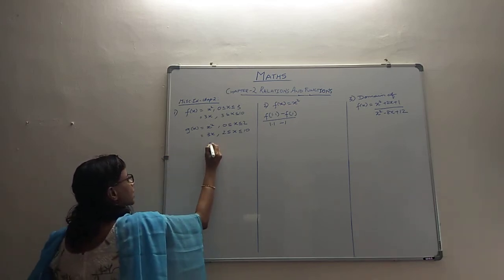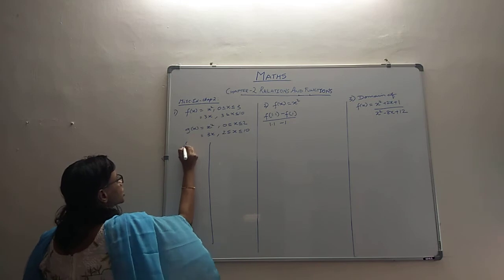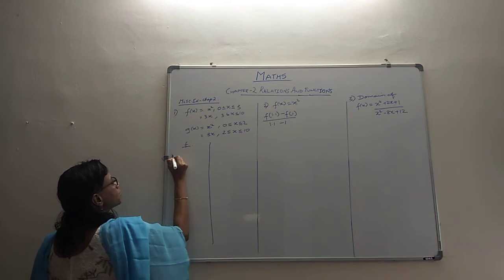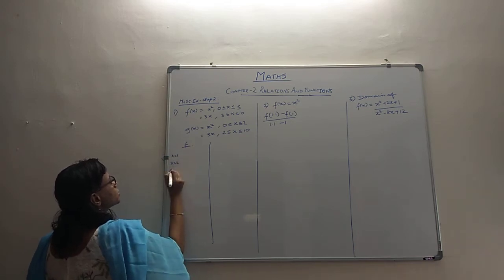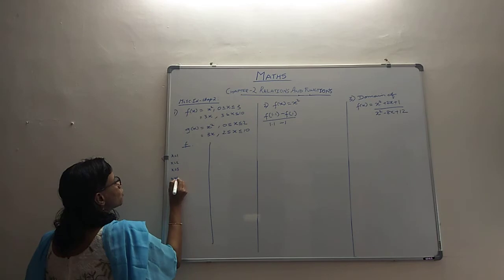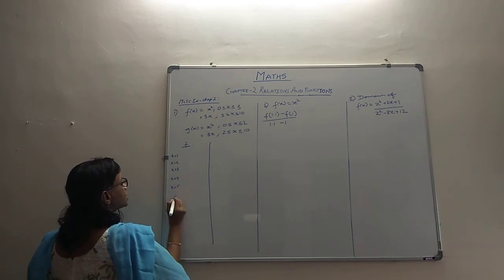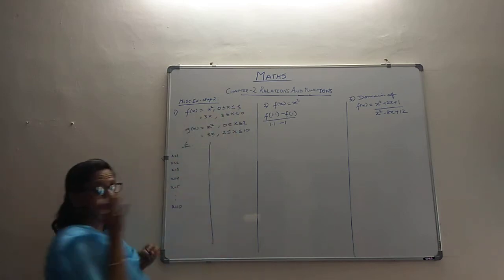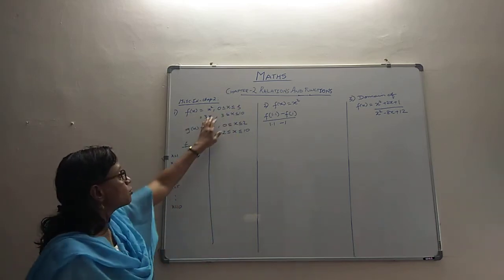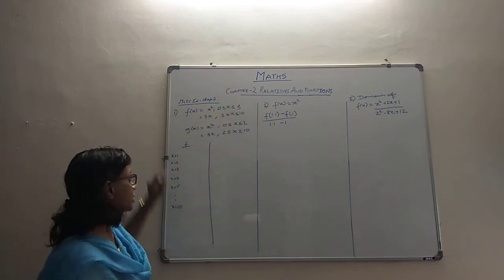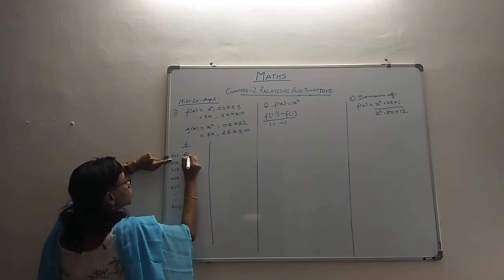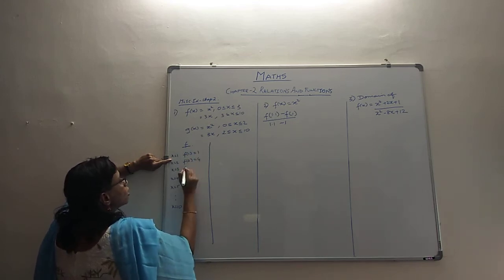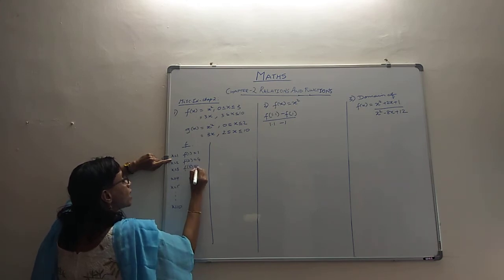Let's take F and G here. For the relation F, let's check for x equal to 1, x equal to 2, x equal to 3, x equal to 4, x equal to 5 and so on, x equal to 10, what happens. For x equal to 1, between 0 to 3 it's defined as x squared. So the function value will be 1 squared, 1, here 2 squared, 4, here 3 squared, 9.